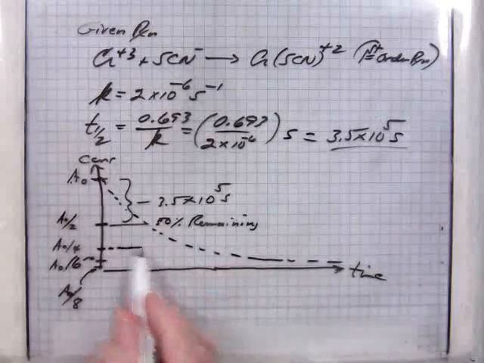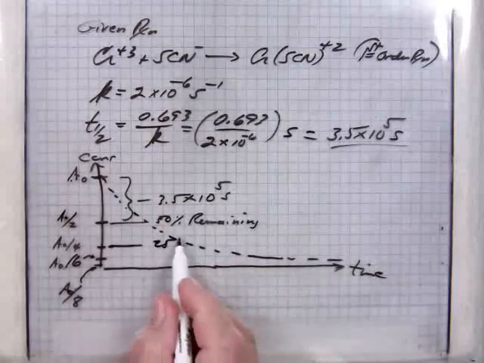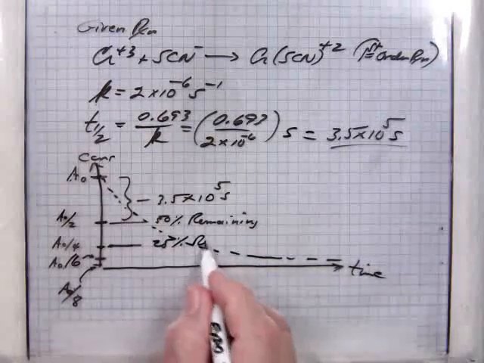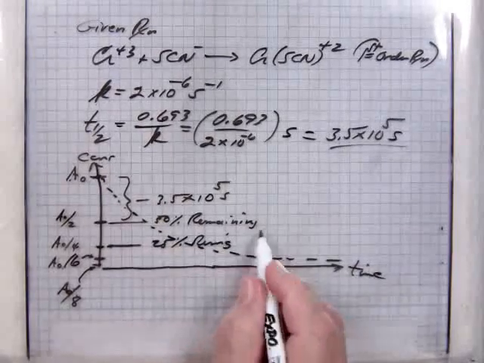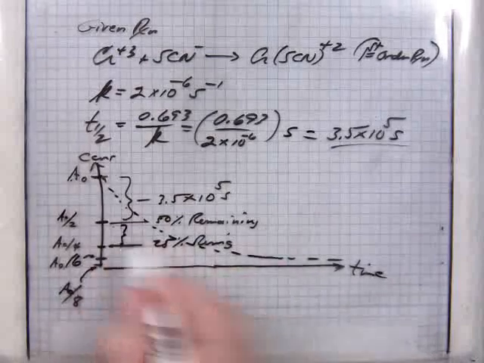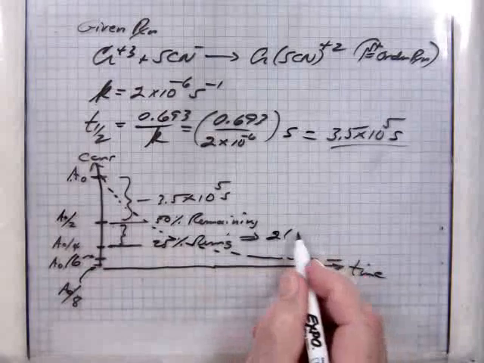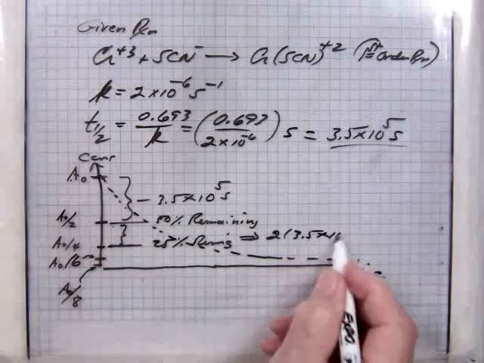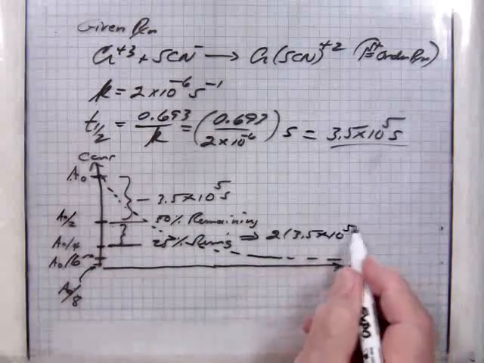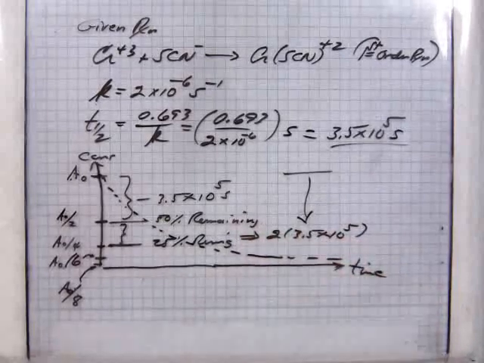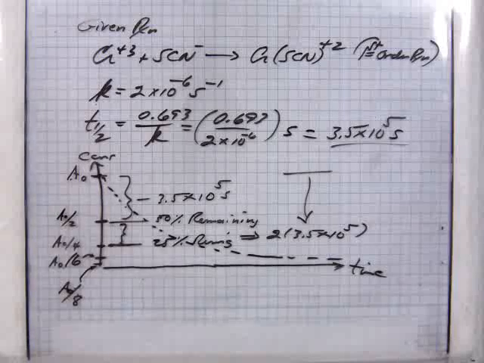Here is 25%, half of the 50 remaining, and that's 2 half-lives. So that would give you 2 times 3.5 times 10 to the 5th to get from the start to that point. And whatever the rest of them are, let's see,